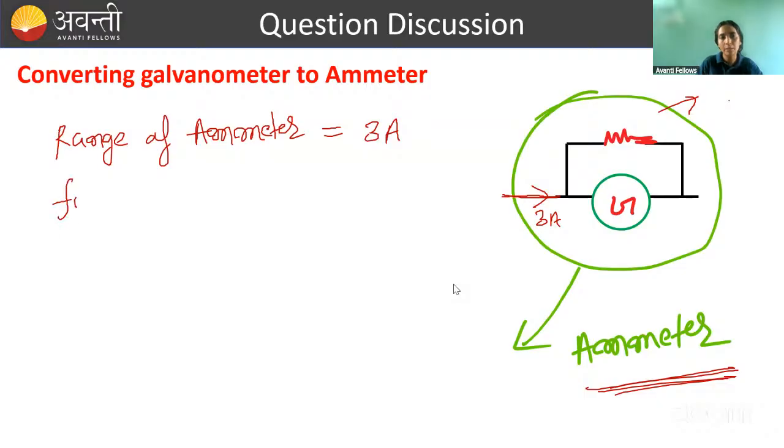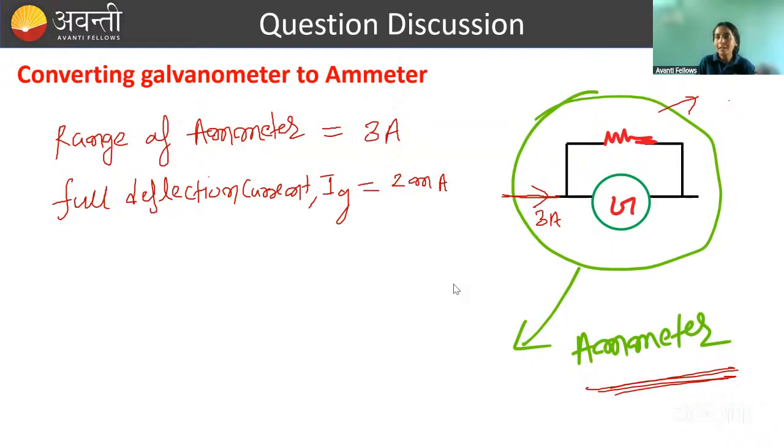After that I mentioned one more current concept, full deflection current. What do you call full deflection current? IG. And that also will be given in the question. Maybe it is given as some milliampere, say 2 milliampere. So if the question says range of ammeter is 3 ampere, it means 3 ampere current will enter. Full deflection current is 2 milliampere, means the maximum current that can go through the galvanometer is IG. So 3 is coming in total, IG is going this way. This way how much current will go? The current going this way will be